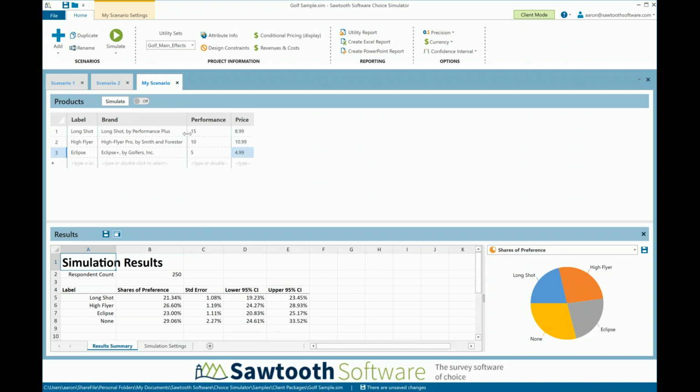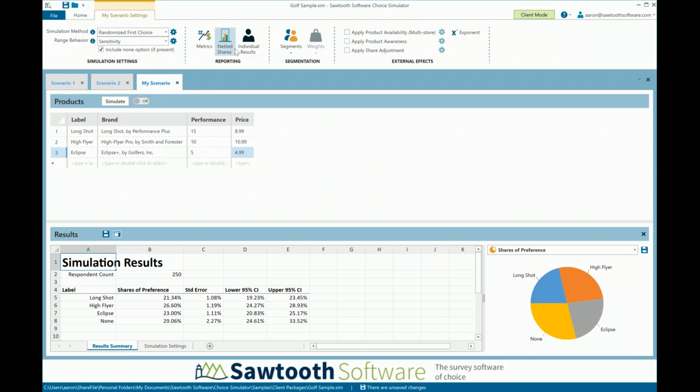We can also look at it by segment. So I can go into my scenario settings up here at the top, and this is just for the scenario that I just created here. And I can tell it that I want to look at this by segments. So I've got a segment called gender loaded in here, and I can click that gender segment. And then when I click simulate,